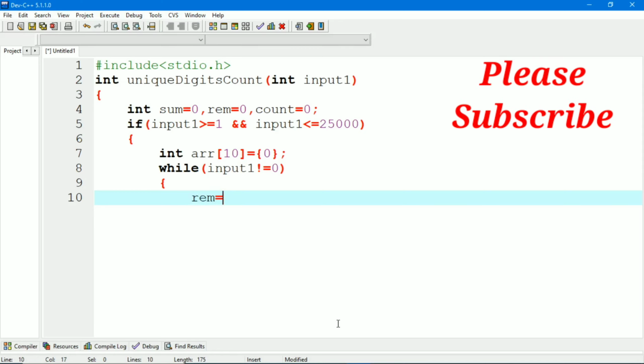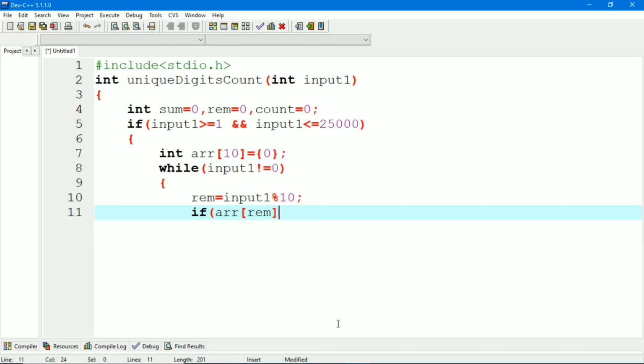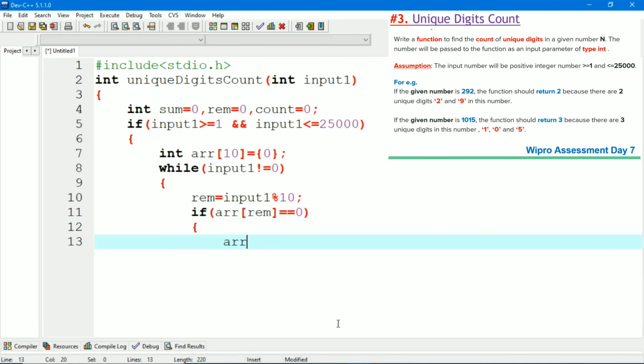Then remainder equal to input 1 modulus 10, and if ARR of remainder equal to 0, we will set the ARR of remainder to 1.